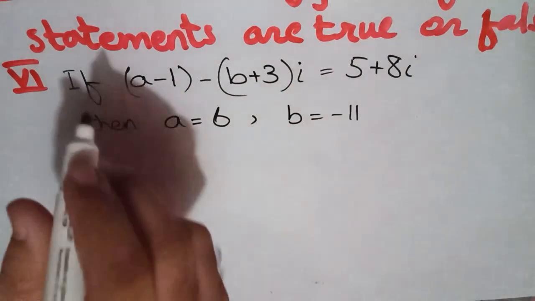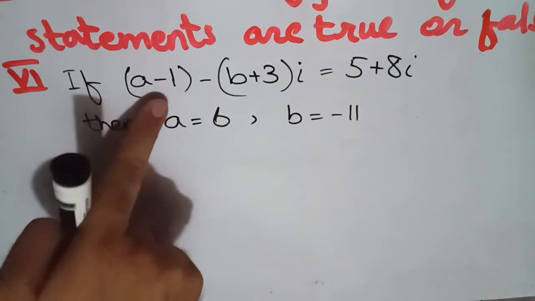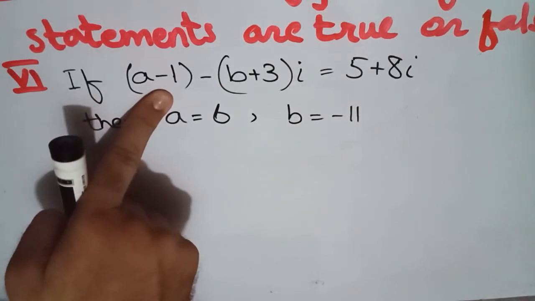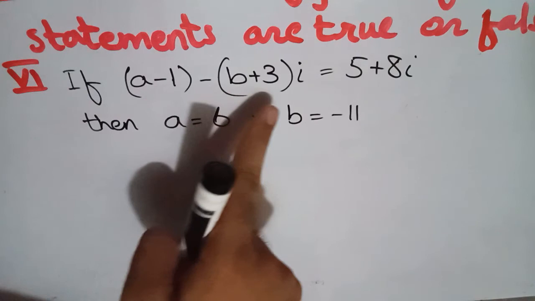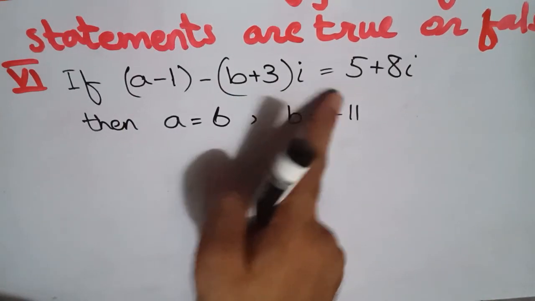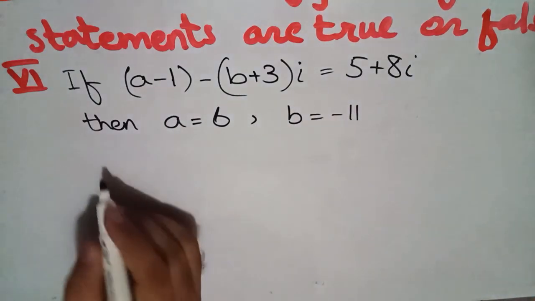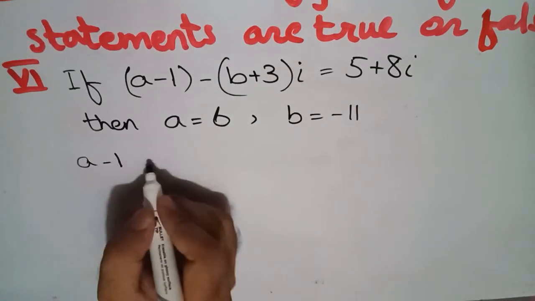I am taking this as a real number because no iota is written with this bracket or with this factor, and iota is written with this factor. So this is a real number and this one is the real number. This is a complex number and this one is the complex number. You can separate the real numbers as well